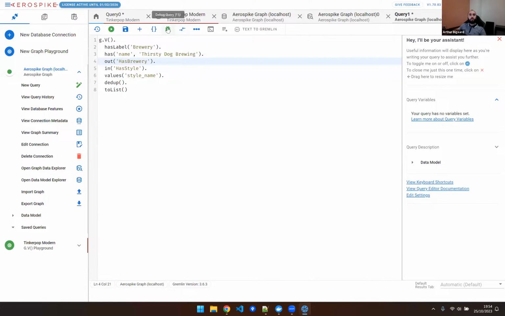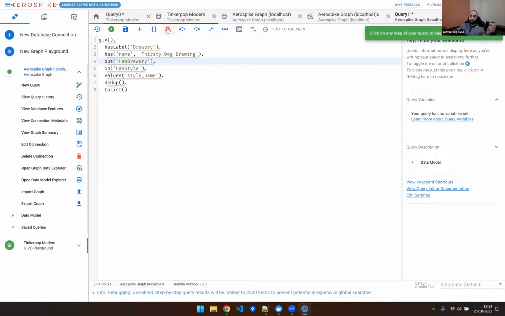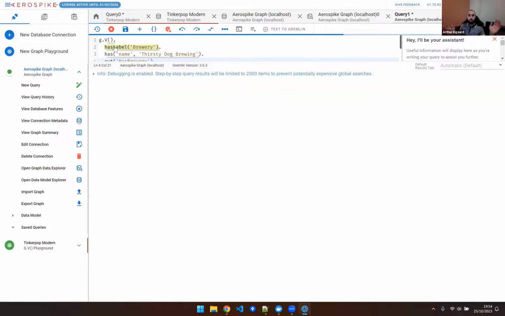So G.V allows you to run through your query step by step. And this is really useful, right? Because if you write a query and you're not sure if something has gone wrong because you're not getting the result you're expecting, you can use this query debugging tool to just step through the query. So what we've got here is the query broken down into steps. So I'm just going to take it step by step quite simply. So the first step is going to be